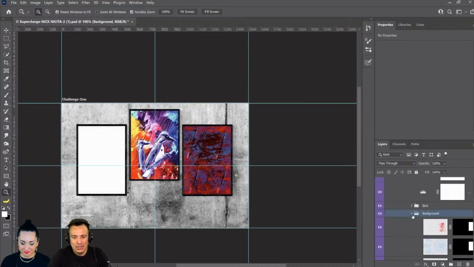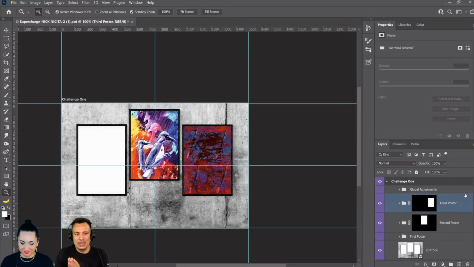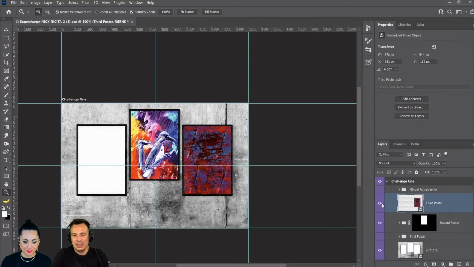For example, I wouldn't necessarily do the composites in the actual working template, just because I think it overcomplicates things. So what I would do instead is work on a separate file and then either do a place link or place embedded or a smart object. Since I already have all the files here in this document, all I would need to do is click on convert to smart object, and there's my smart object.